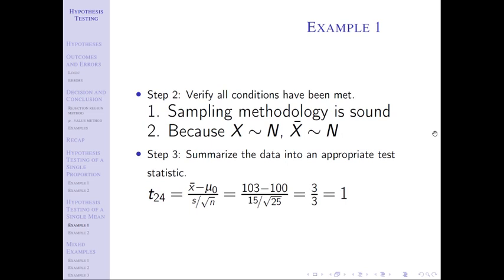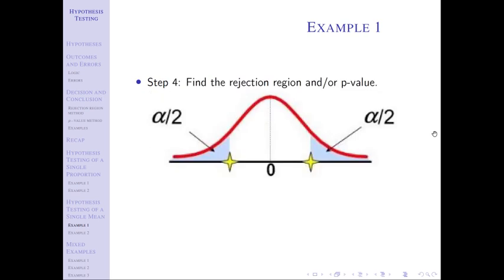And so now that we've got our test statistic, we can go ahead and set up our rejection region and find our p-value. Again, as before, we're going to work it both ways, even though you wouldn't necessarily have to come homework or exam time. You just either pick your favorite or do the one that was told. And we have a two-tailed test. Again, how do I know that? I know that from the alternative hypothesis being not equal to. And so I draw a rejection region with two tails.